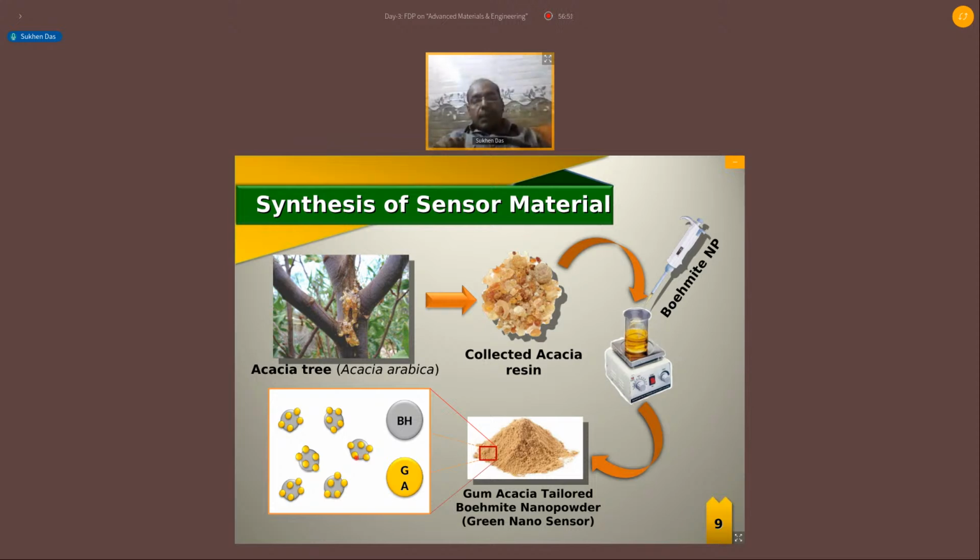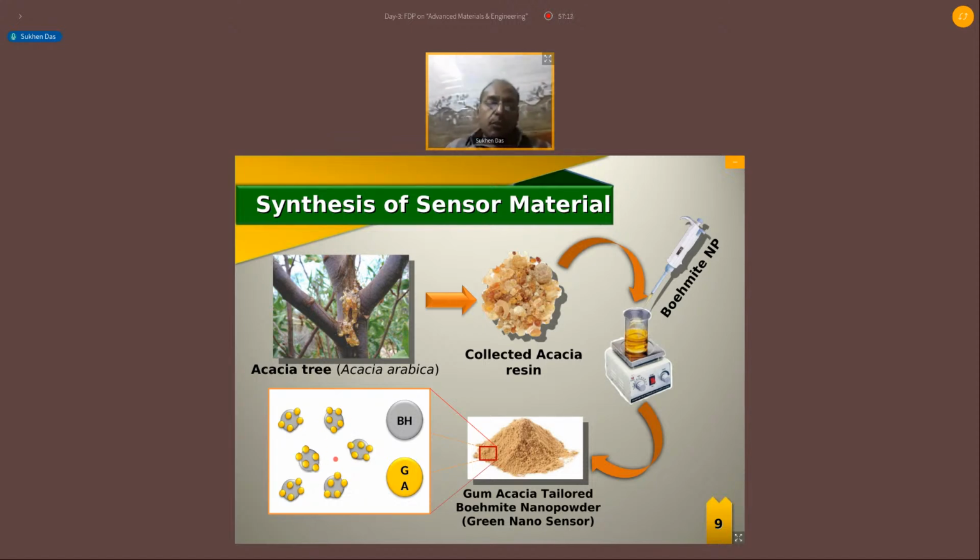And we predict that the boehmite particle, which is in the order of 20 to 25 nanometers, will have the gum acacia adsorbed on its surface, because boehmite has a layer-like structure and it has a surface charge, and gum acacia also has some surface charge. So this surface charge will attract each other, and that gum acacia will adsorb on the surface, just like in this way. You can see the picture of this